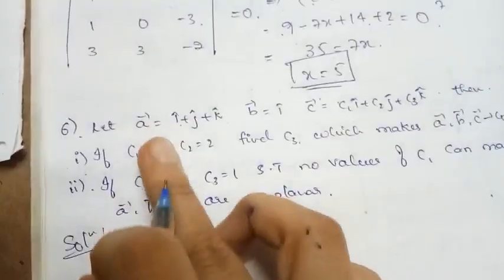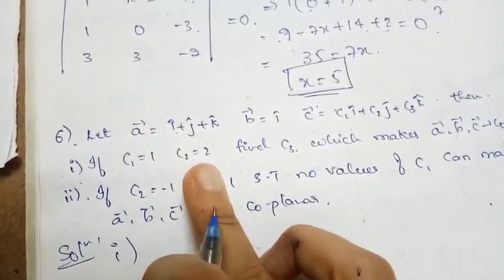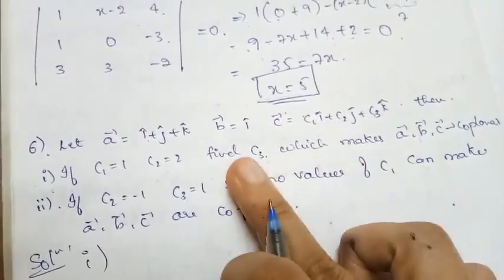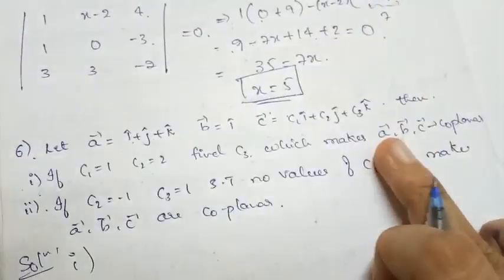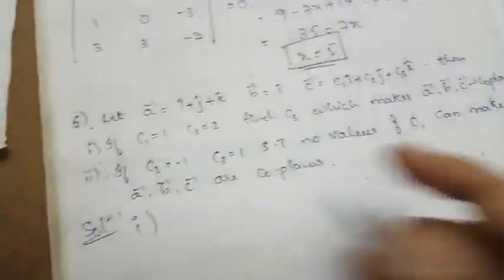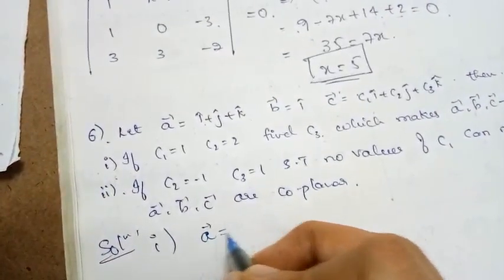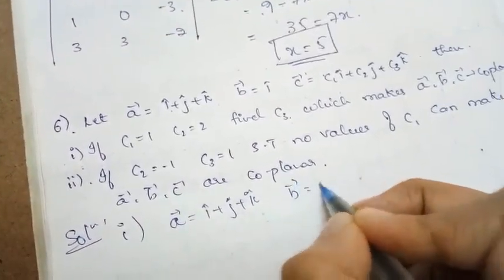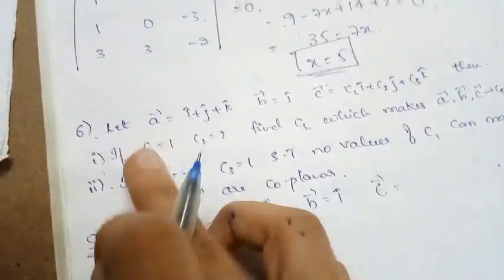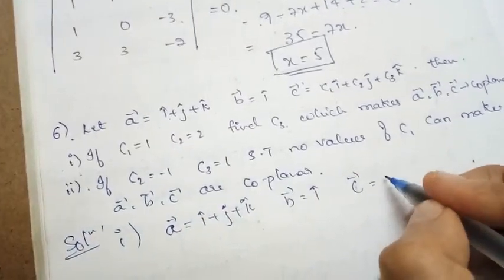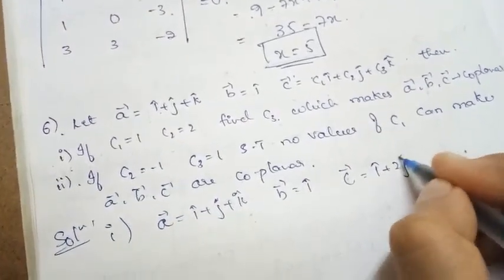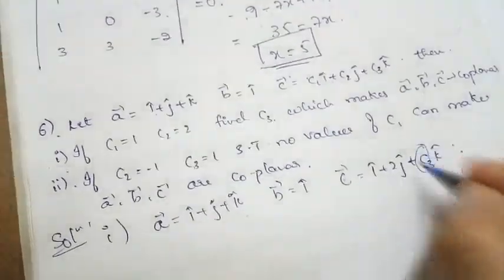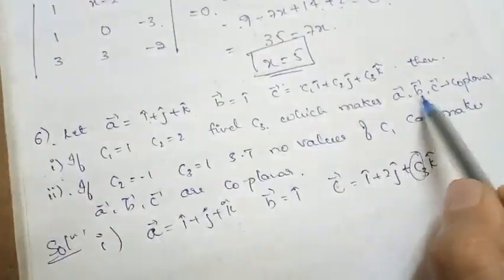For the first one, they have given the value of C1 and C2, and we need to find the value of C3. So to find the value of C3, they are saying vector A, vector B, vector C are coplanar. So clearly vector A is i cap, j cap, k cap. Vector B is i cap. So vector C is, they have given the value of C1 and C2, that is i cap plus 2j cap plus C3 k cap. We need to find the value of this C3, and they are saying that these three